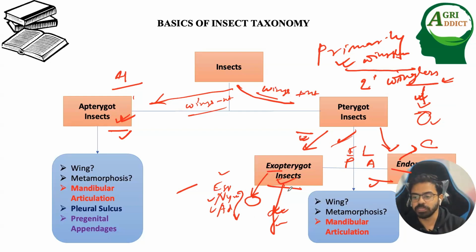developed wings. And in case of endopterygotes, just see the comment box, one of you has typed that during pupal stages, wing development occurs. That's why endopterygote. Exactly, because the wing development occurs inside the cocoon. Okay, not inside the pupa. Pupa and cocoon are a bit different. Cocoon is the outer covering. Within the cocoon, there is a pupa. So the wing bud develops inside the cocoon,